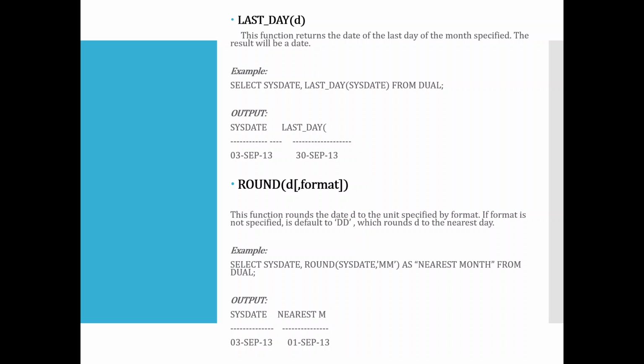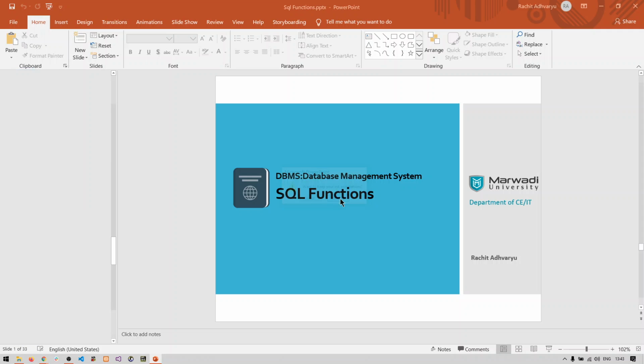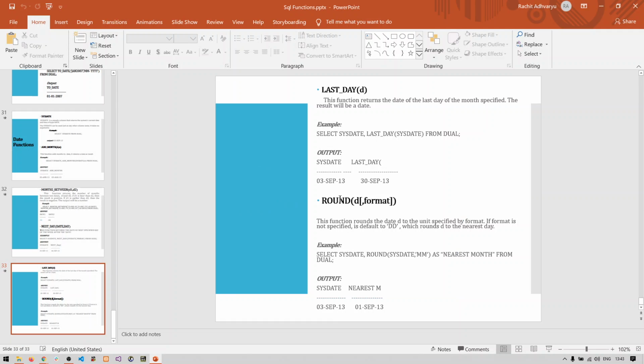The last two functions are last day and round. If you want to find out the last day of a month, you can use last day. But we are not using this because we already know the last date of a particular month directly from the month name. So we are not going to use this function. And round we are not at all going to use. This is invalid and incorrect, so nothing is required for the round function either. These are the functions that are part of SQL date functions, and we are not going to deal with date functions more. We are only going to deal with aggregate and arithmetic functions.